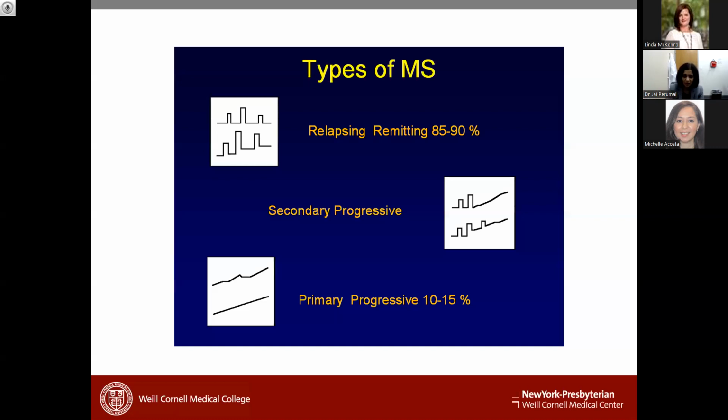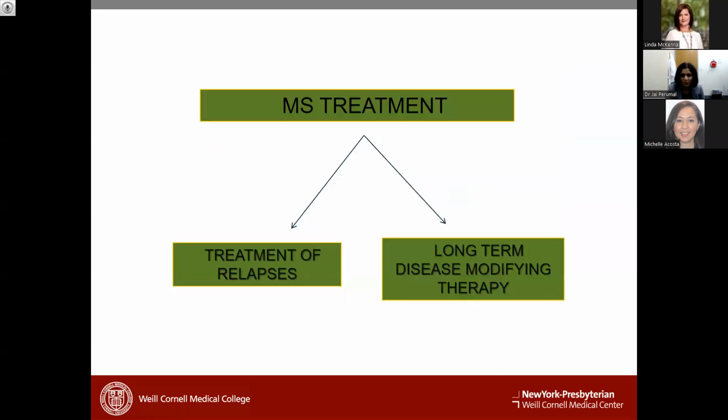The way one would distinguish between secondary progressive and primary progressive is that in secondary progressive, they have a preceding relapsing phase and then they change to progressive, while in primary progressive, they never had that. The disease started with slowly progressive disease. So it's not like a test based on an MRI or spinal tap that helps you distinguish. It's the patient's history. What about MS treatments?